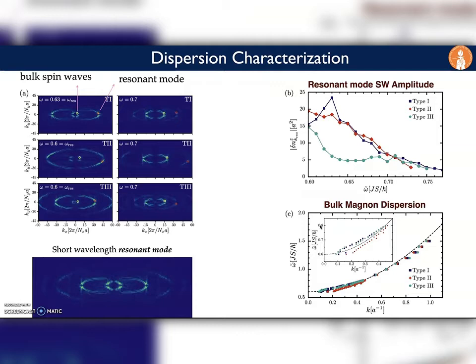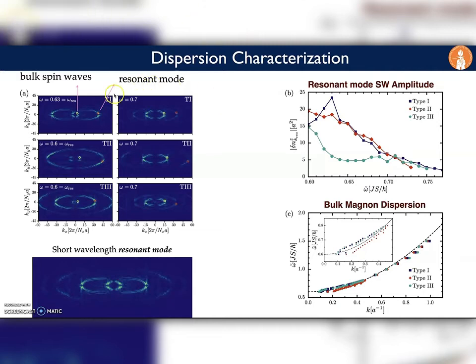So finally, we would like to analyze the dispersion relation as a function of the excitation frequency. To do that, we focus on the radiation patterns. First, we note that on resonance, there is a distinct short wavelength mode, indicated here by this red rhombus, with a corresponding intensity that vanishes as we go away from the resonant frequency, and that happens for all bilayer types. This is the short wavelength mode that is activated by the gyrotropic motion of the particle core, and is further enhanced by the bilayer coupling with properties that can be linked to the topology of the emitter.